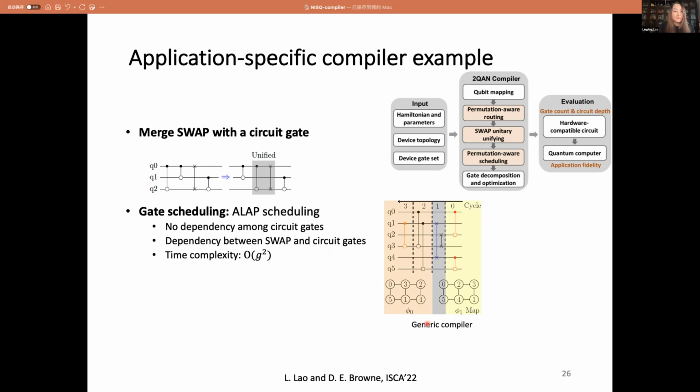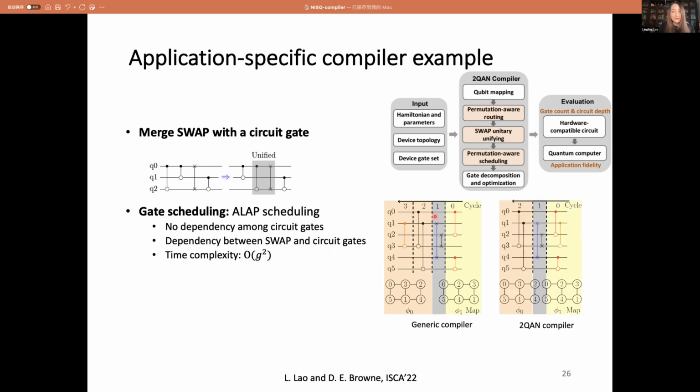For example, for this circuit, the circuit compiled by the general purpose compiler takes 4 cycles, but with this application-specific scheduling, the compiled circuit has only 3 cycles.